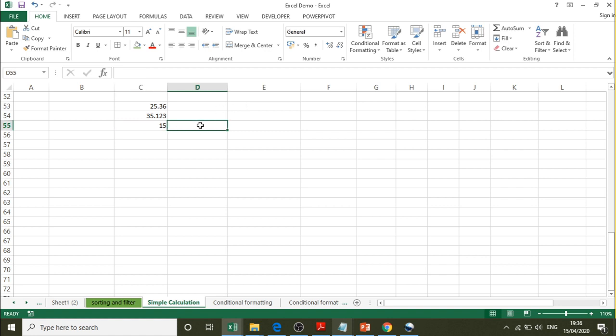You can also verify this by doing some calculation. If I multiply with 2, I should get the result 30, but I will not get that. See here. So the increase or decrease decimal option in the home tab is just to hide the decimal values, and it is not removing them. The correct method of doing that is by using the round function. Let us see how to make use of the round function. I will type the example here.